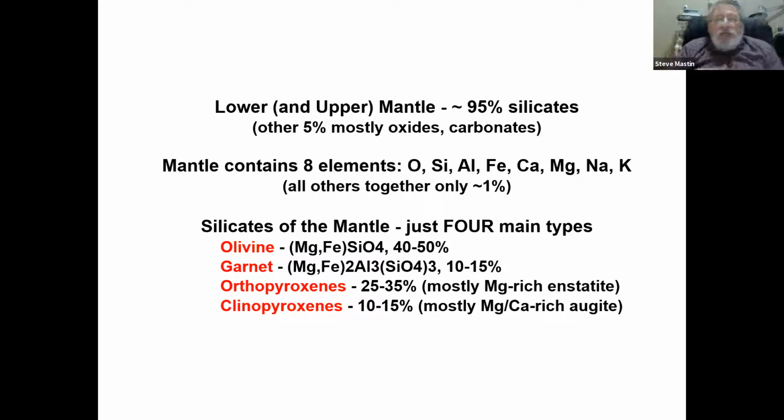And then there is augite, which has calcium as well as magnesium as part of its formula. And it's really not a single compound. It's a mixture of compounds. Anyhow,